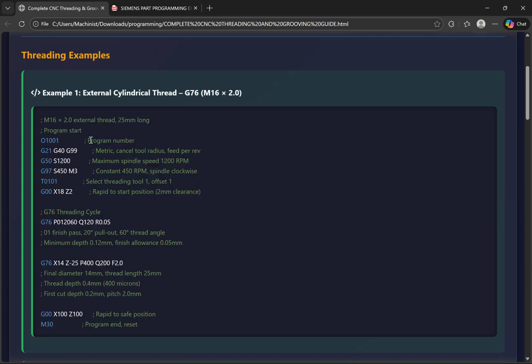So how do I write a program? For example, I can write O with a 4-digit number if you're using GSK, Fanuc or Haas. That's the program number. Then I can write G21, G40, G99. G21, I'm telling the machine I'm using the metric system. G40, I'm cancelling the tool nose radius compensation. Then G99, my feed rate is in